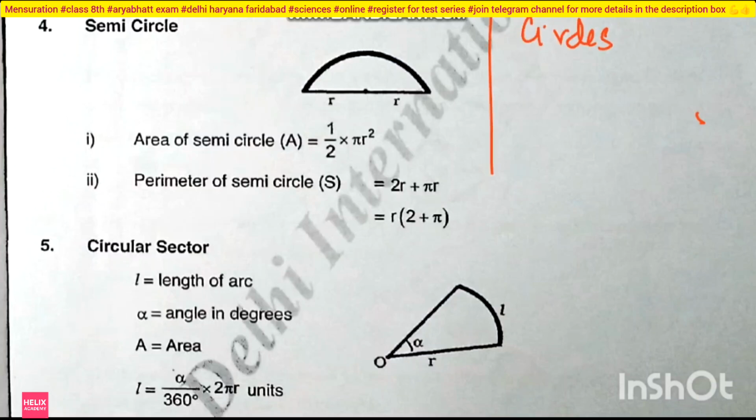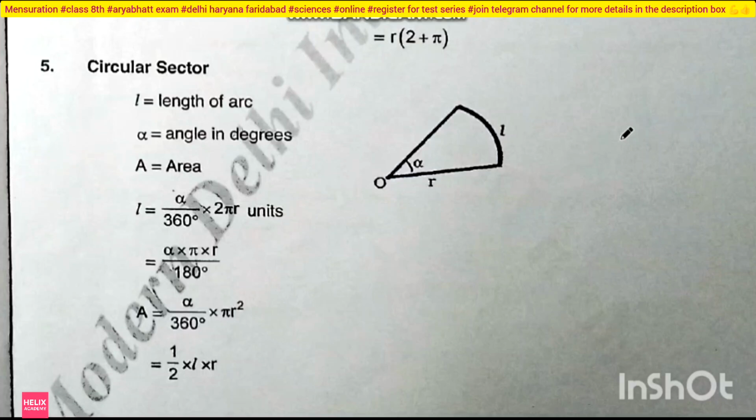Okay. See, a circular sector means a part of a circle. When we have a circle and we have just taken out a part, this part is called a sector. So I will say it is a circular sector, right? Now see what we will have for a circular sector. This one is the radius, and this one is the length, suppose L, and I am cutting by an angle alpha. This one is your alpha.